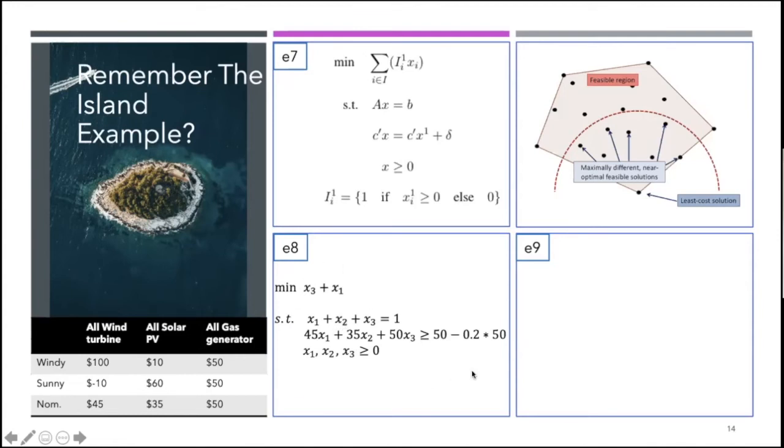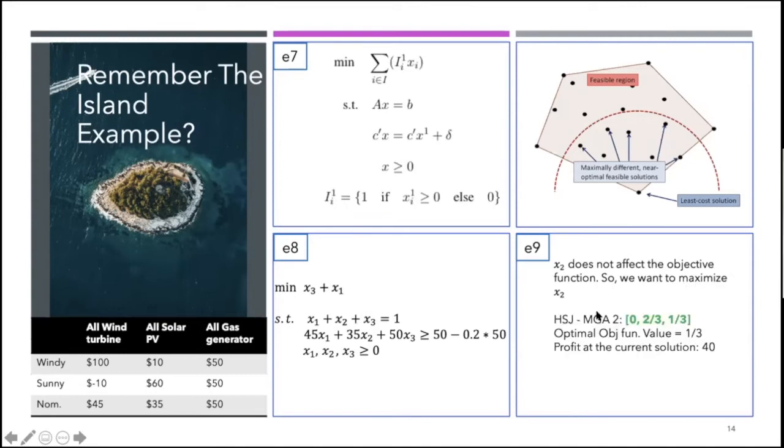So it might not be too straightforward, but the solution of this problem is relatively much easier to solve. x2 does not affect the objective function, so we want to maximize x2. With this hop, skip, jump formulation, the second MGA solution is 0, 2/3, 1/3. And the optimal objective function value here is 1/3, and profit at this current solution is $40,